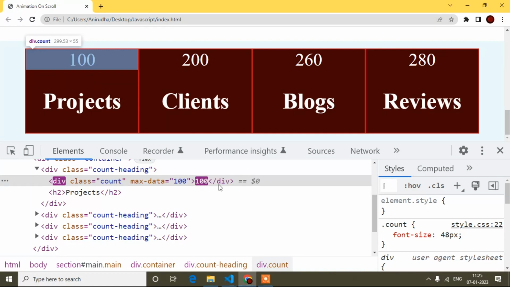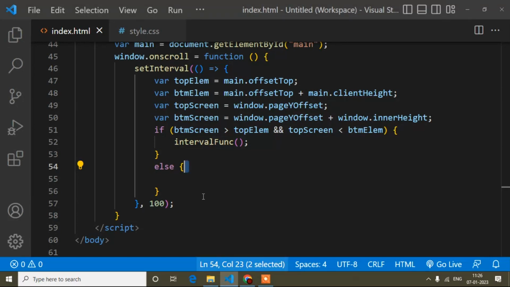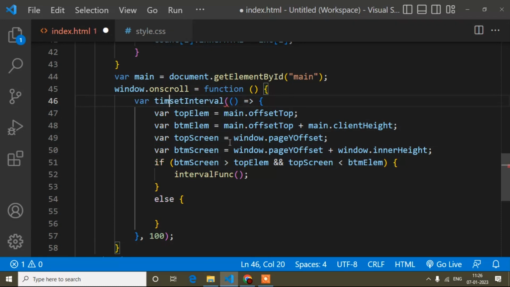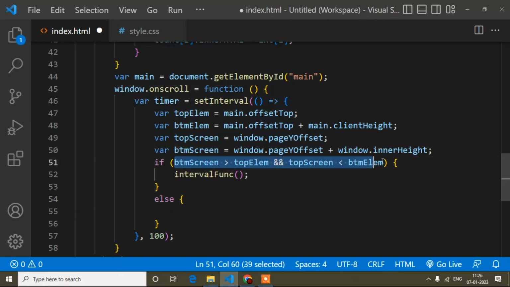So I have to remove the setInterval function, because if it runs in the background, the performance of our site will go down. That's why I have to stop this interval, and I have to store this setInterval function in a variable. The variable name can be anything. When this section appears, it will call this function, but when it disappears, I have to